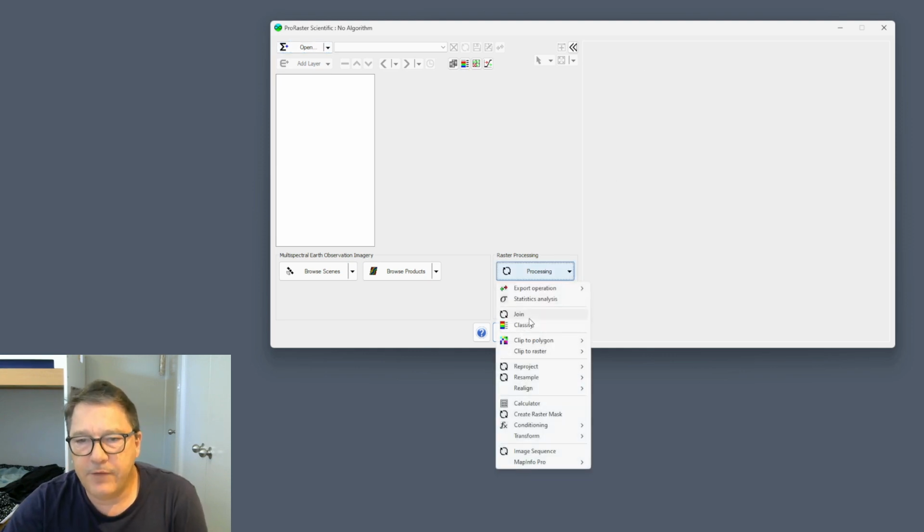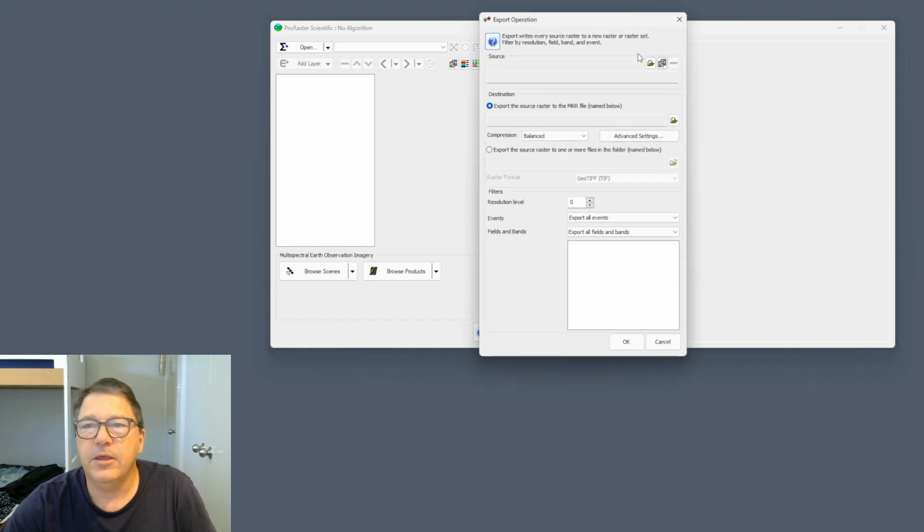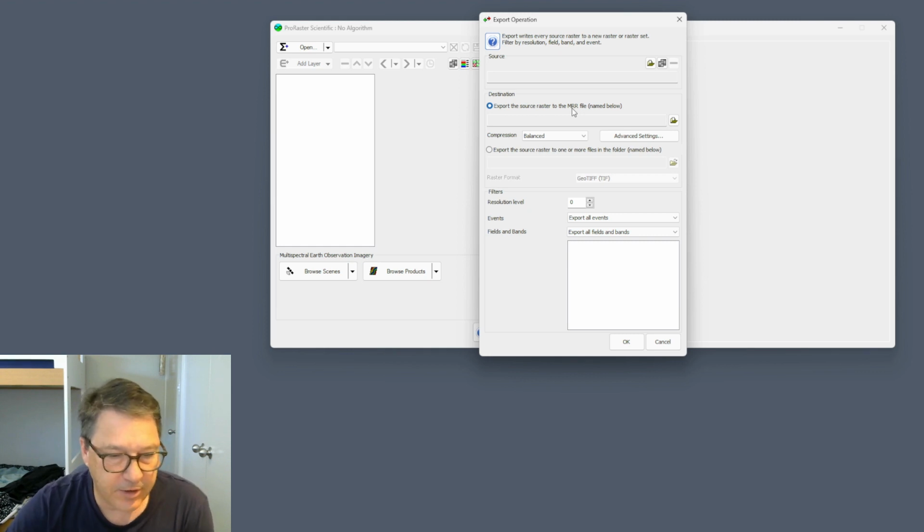And that is, after you've run your classify operation and you've generated your virtual raster, what you should then do, and I strongly recommend that you do this, is that you then go into the export operation. You bring in your classified raster as a source and you export it from MVR out to MRR. So you're doing a convert. You're crystallizing the data and creating a new MRR format raster. And when you do that, because it's a classified raster, MRR knows what to do and it will build the